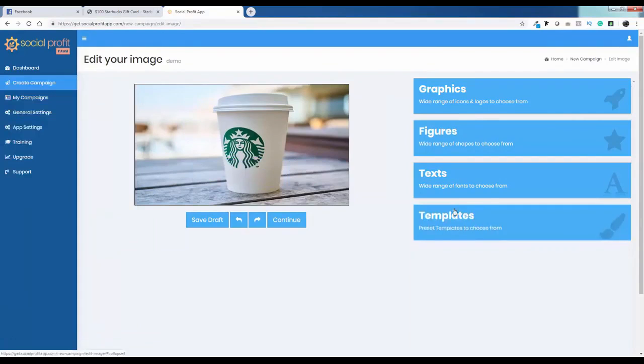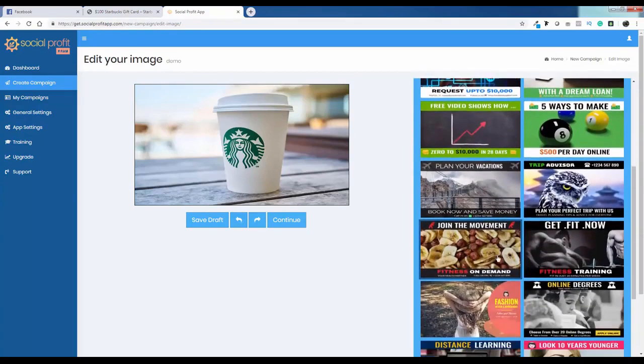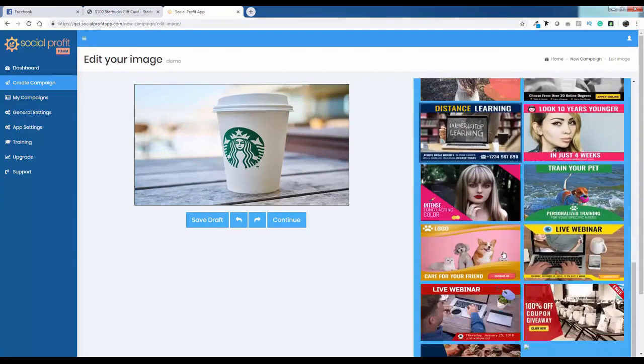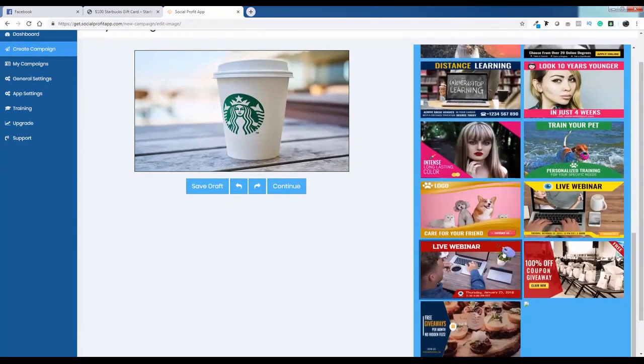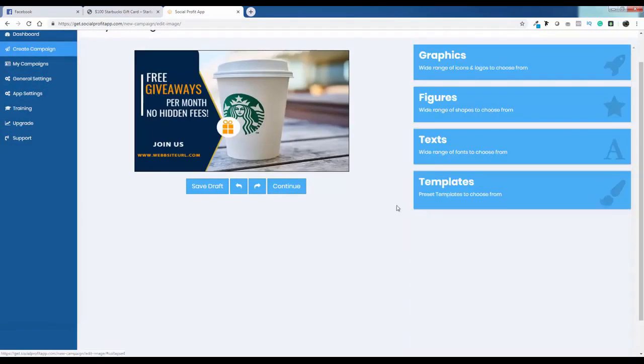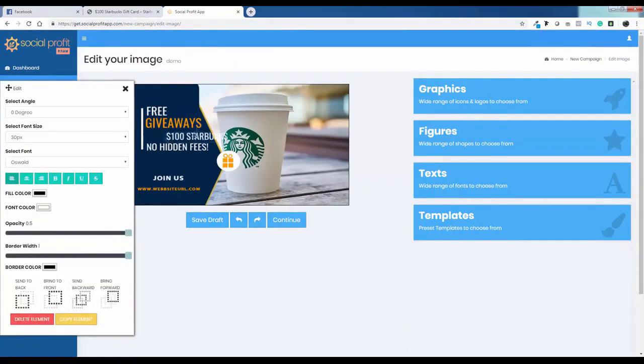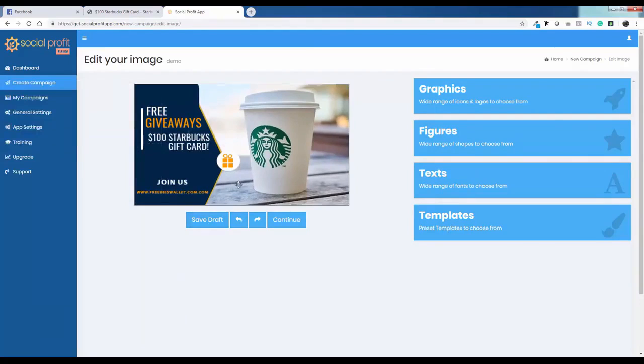And lastly, the most beautiful feature of our app, that we are going to provide you ready to use templates on various niches. You can select your desired one from these 100 inbuilt templates we are providing along with our software. Once I click on it, the template is applied on my selected image. So now you can easily edit this default template, like you can change the text, colors, or other elements, etc. Alright, so our final image is ready, and now we can either save it for later use or can proceed to the next step by clicking the continue button.